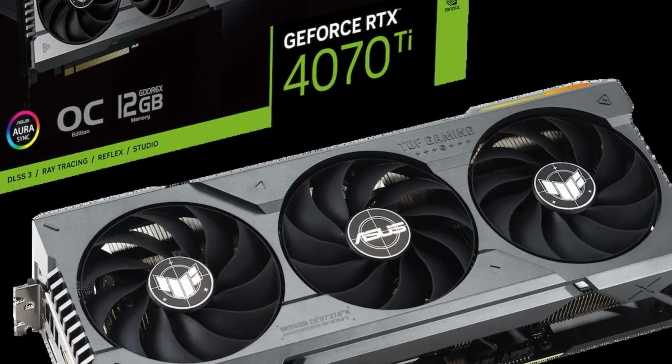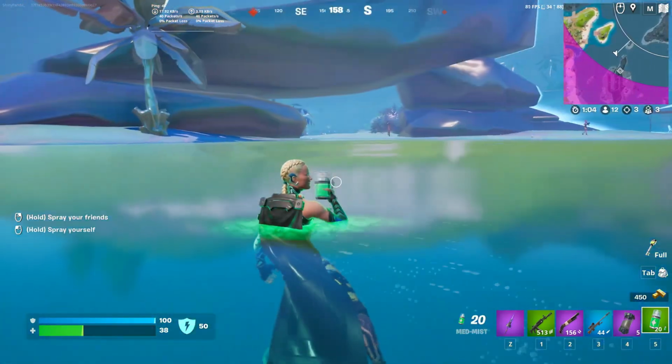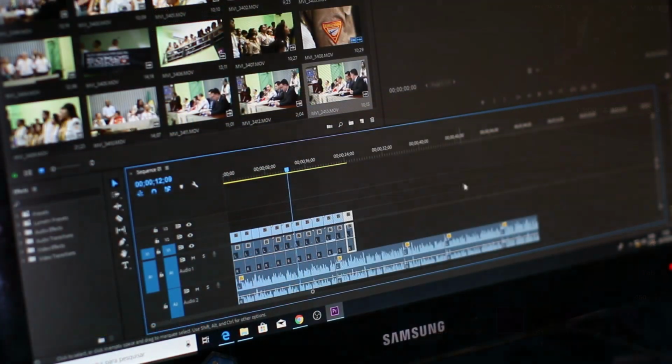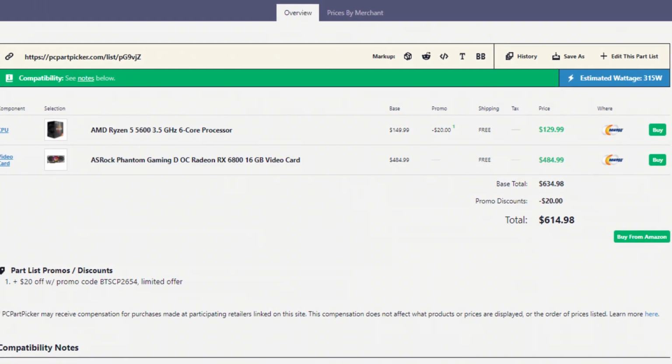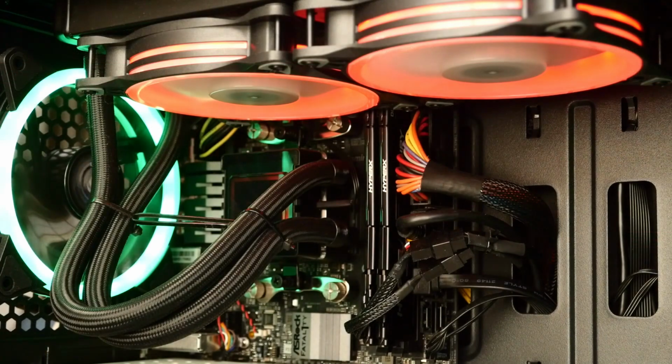Now I have a 4070 Ti myself, I absolutely love it. And I use it for 1440p high FPS gaming and content creation. So just like I said before, unless you're a content creator, there's no reason to go with a 4070 Ti instead of a 6950 XT if you're trying to get the best price to performance CPU-GPU combo. The total price for this combo is $918 and for around $1,400 to $1,500 you can get a whole system